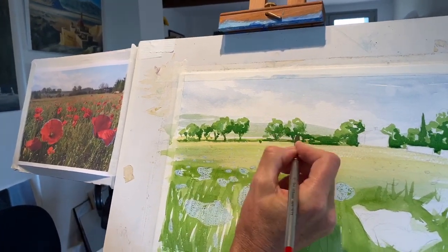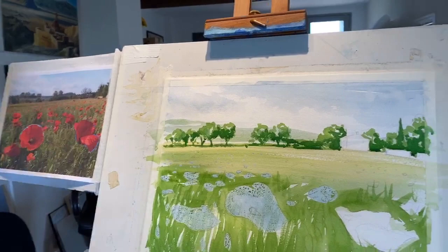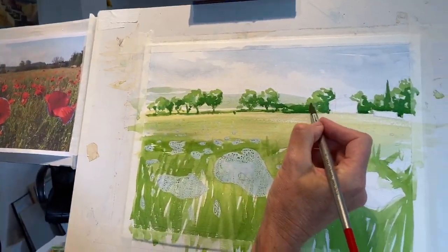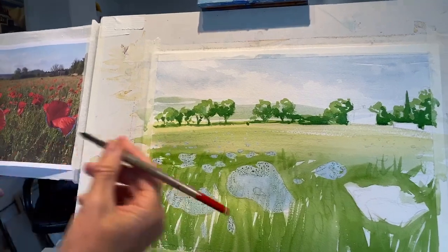So there we go. Okay, so as you can see, we've got, what do you think? Is this working out right? Yeah, I think it looks good. Okay, yeah, so it will sort of blend a little. Rather than keeping it too sharp, I wanted it, those trees are beautifully out of focus